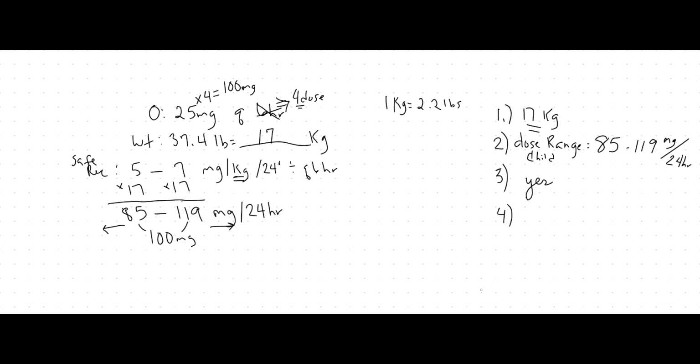You would say none or 0, because if it's not safe, are you going to give it? No. So even though the question may be saying how many milliliters must be given per dose to administer the ordered dosage, if it's not safe, you're going to say 0. All right. But since this one is safe,